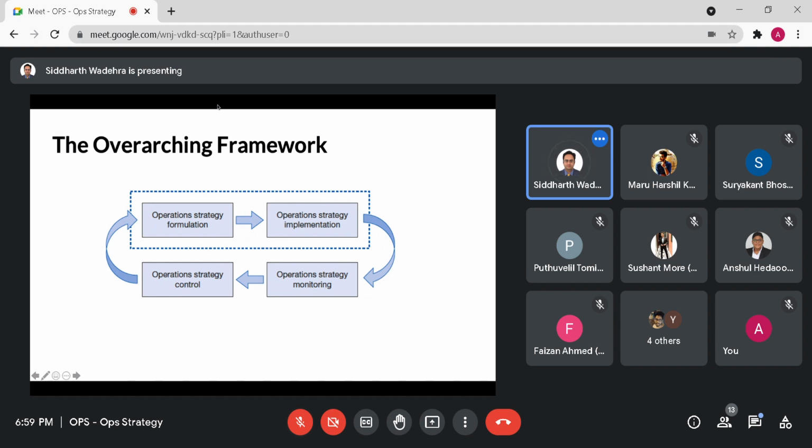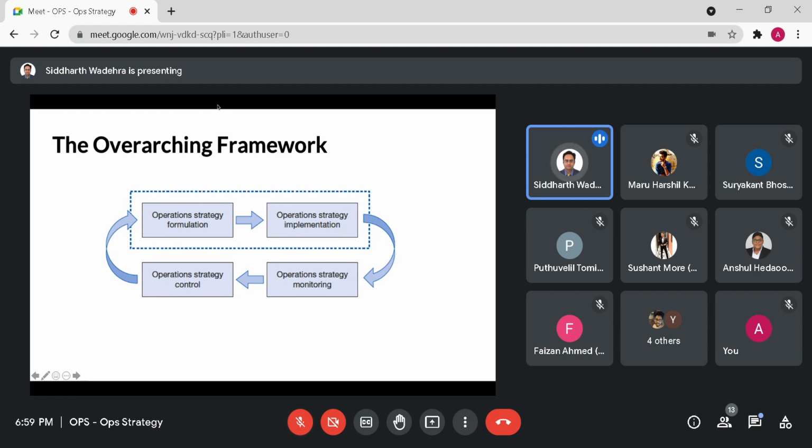All right. So coming back, let's really look at the monitoring and control part of it, and it's pretty straightforward. It really talks about different monitoring mechanisms and control mechanisms which operations strategy professionals put in place to understand whether or not the formulation or the implementation is on track. The formulation is initially correct, and then the implementation is delivering the kind of results that we had looked at. We will be looking at one case study later today.